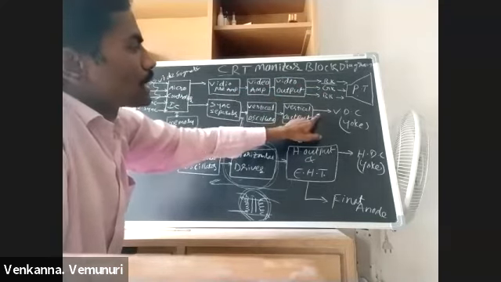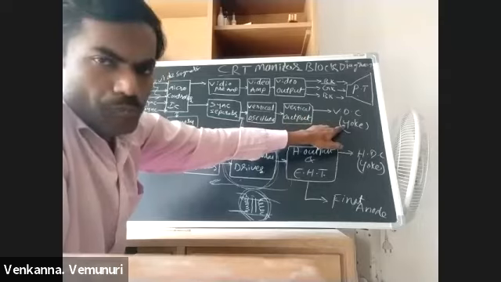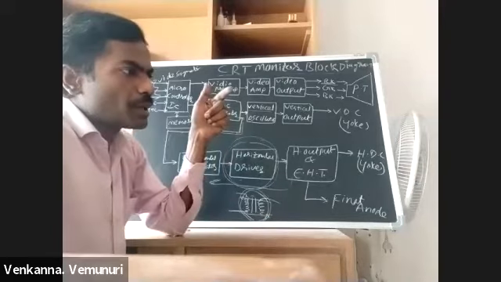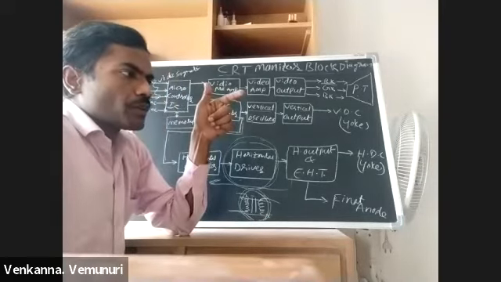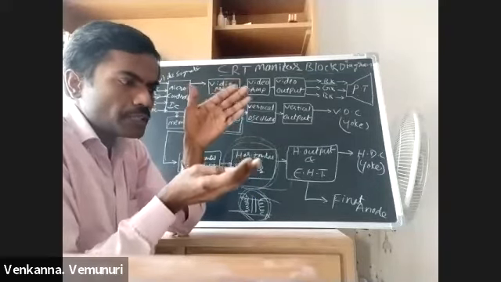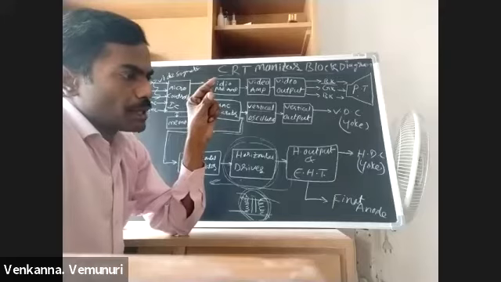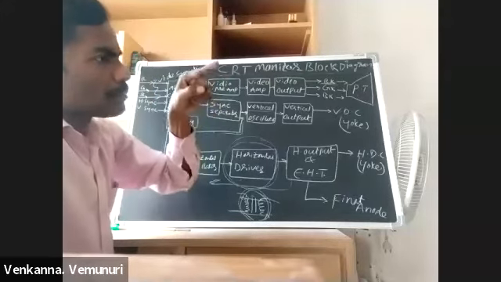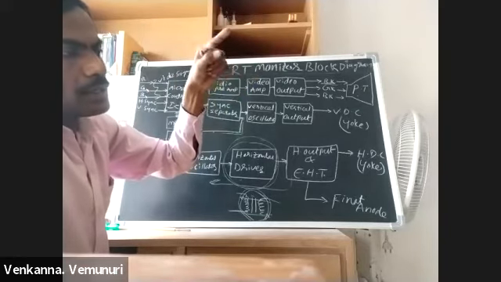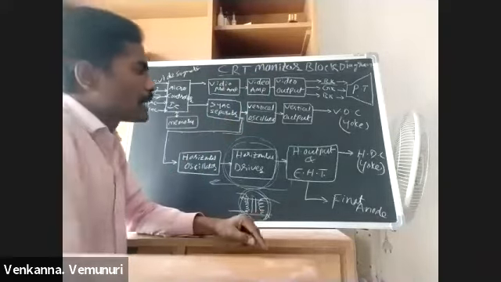That vertical output voltage is connected to the vertical deflection coil. This vertical deflection coil is part of the yoke. In the previous class we discussed that the electron beam actually passes in a straight way. When we apply voltage to the horizontal deflection coil and vertical deflection coil, depending on that voltage, the beam is deflected from left side to right side and scans: tracing, retracing, tracing, retracing, and it starts.